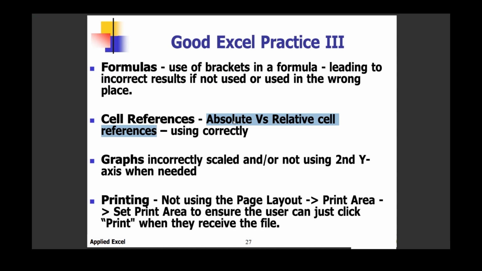Then also cell referencing is very important. We have what we call absolute cell reference, then we have relative cell reference. So basically for the absolute cell reference, it means that the value of the particular cell you are referring to will not change. Then for relative cell reference, the value will change as you move along that particular worksheet. For instance,